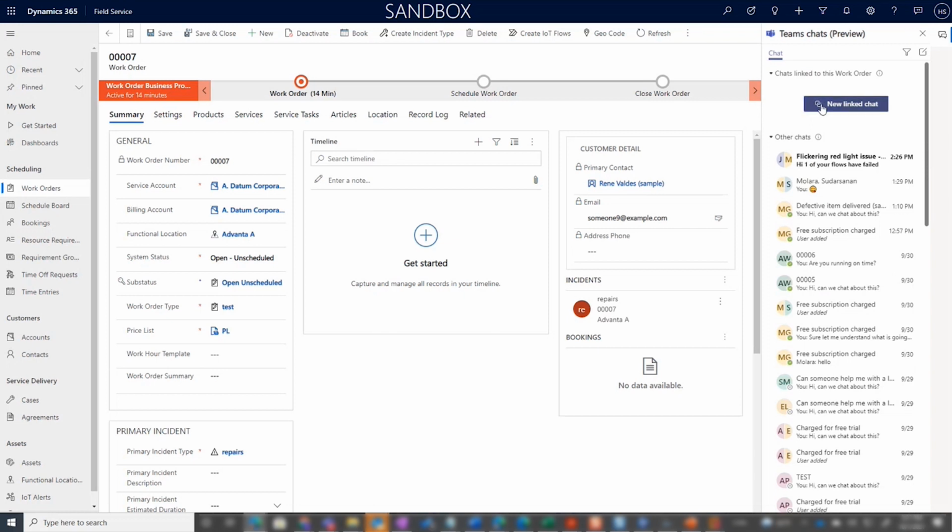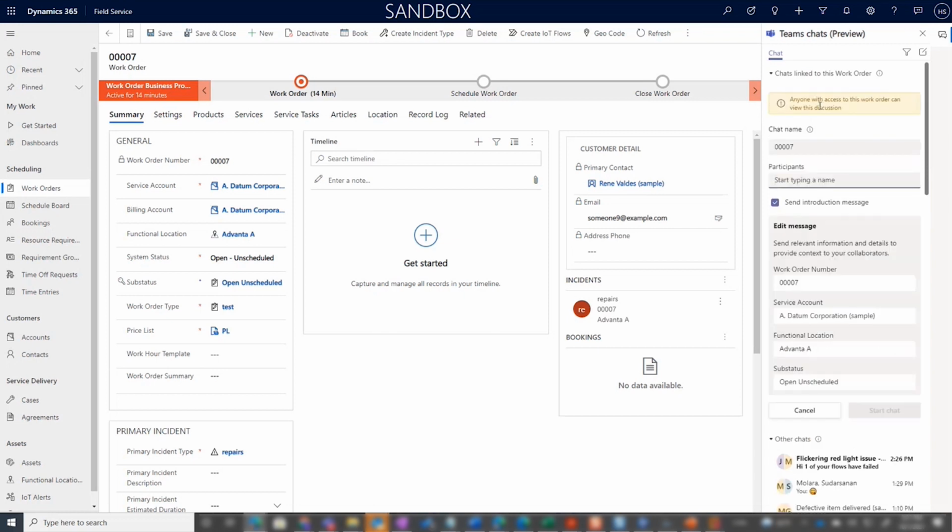But this is where that setup experience comes into play, where I click on new linked chat. Now, one thing you'll notice is that anyone with access to the work order can view that discussion. And there's a disclaimer so that everybody understands that. There's also a chat name. So when you're creating this chat,